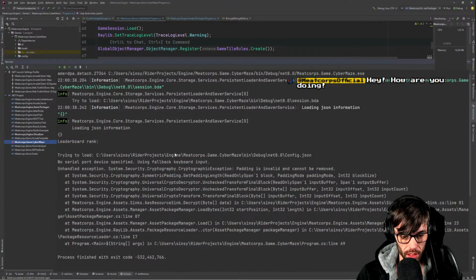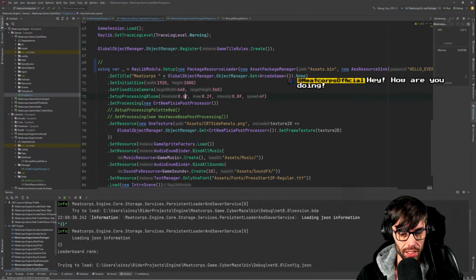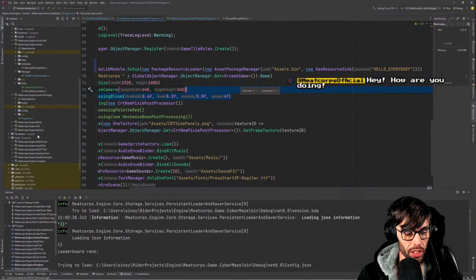Why is it? The padding is invalid and it cannot be removed. Why? Why? I'm starting to cry now. All right. I was sure that this was working, but